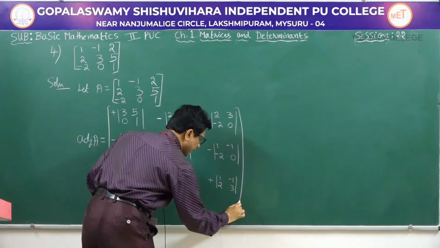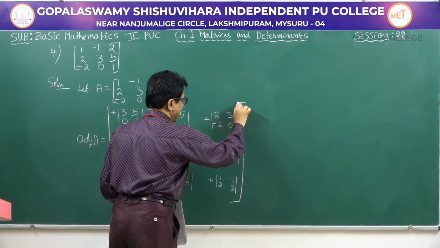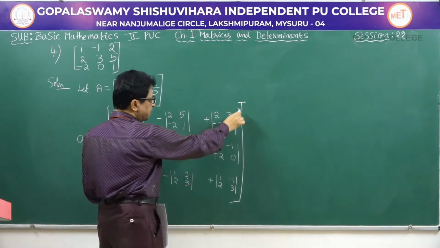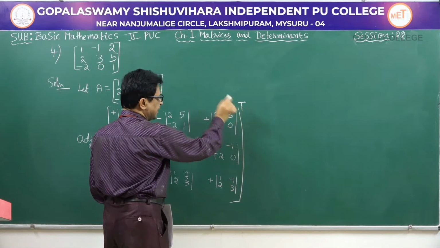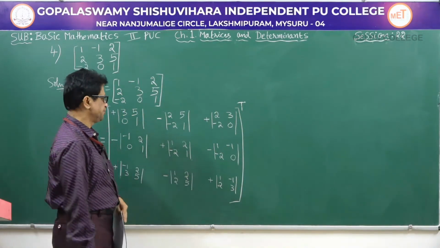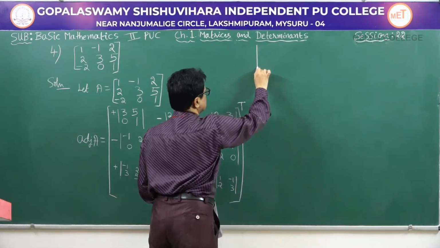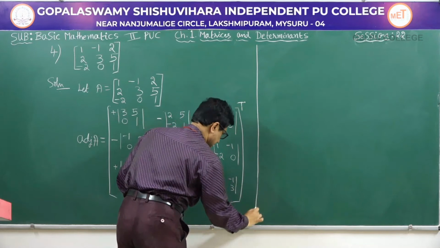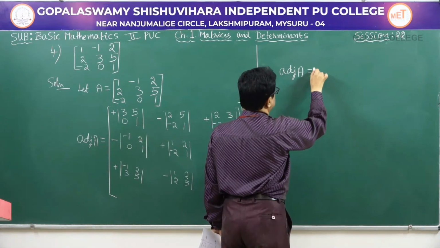After finding the cofactors, we have to put T or dash. It is very important that the students should not forget to put T, or you can also use dash, that is transpose. Adjoint A is equal to